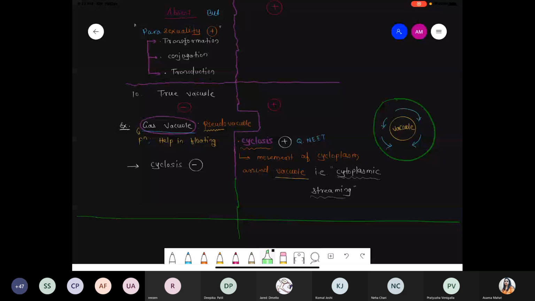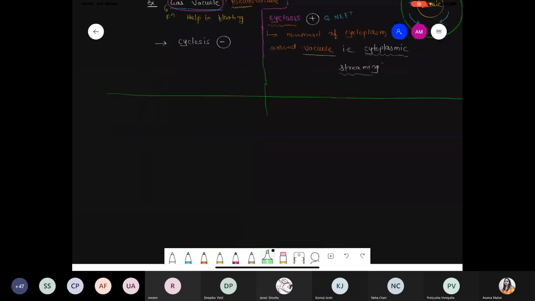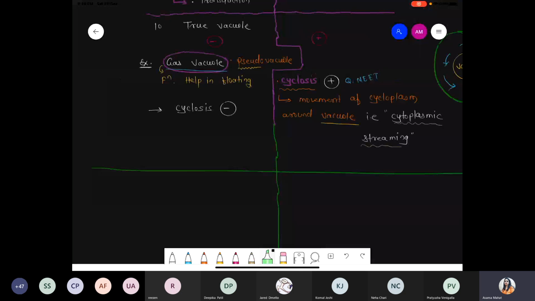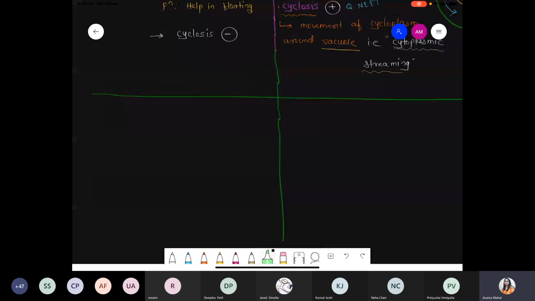Okay, chalo. So next part we are talking about... Number 11, genetic material. So next part we are talking about